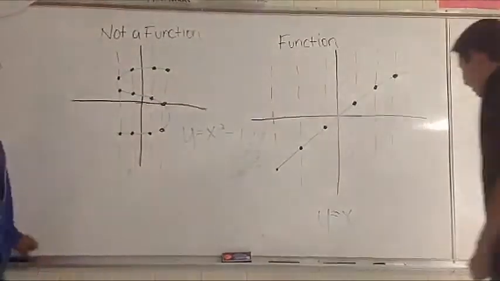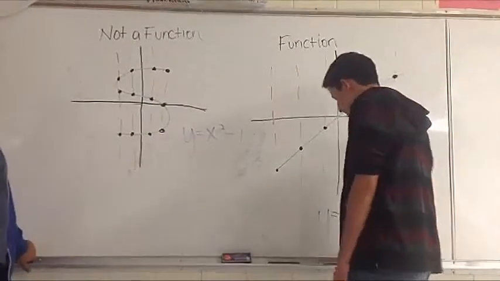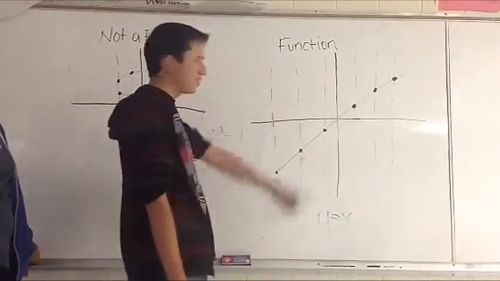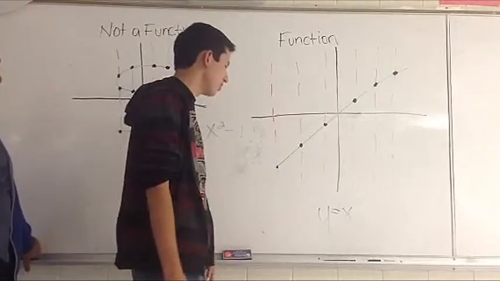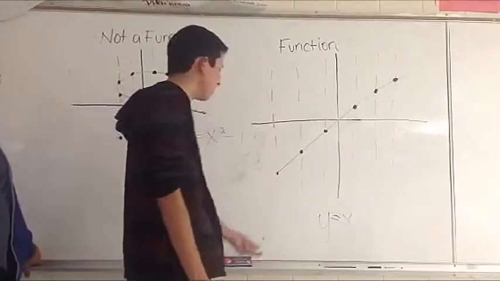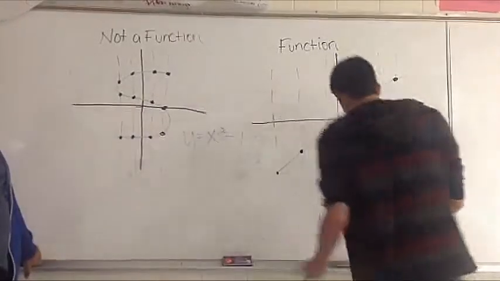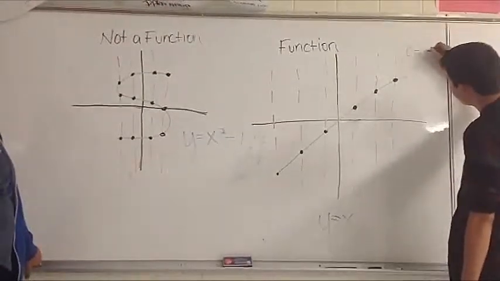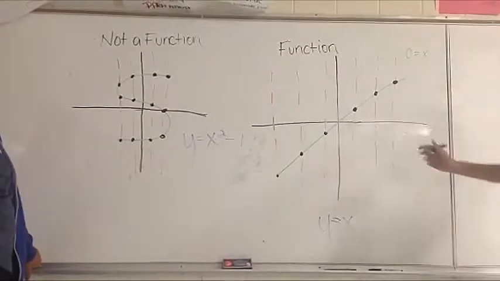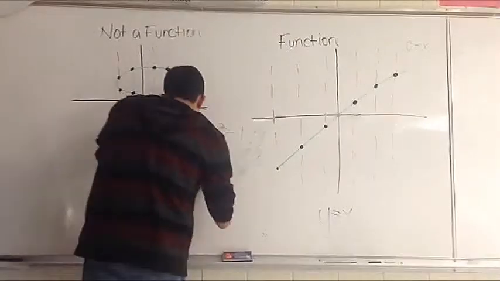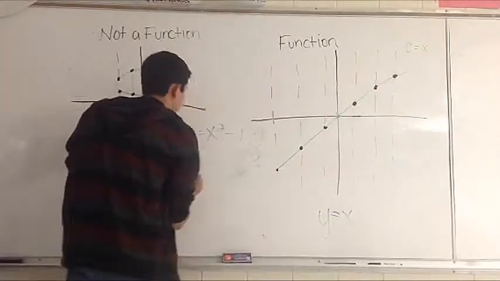The other main characteristic is finding the roots or the zeros. For this one, it's very easy since it's 0 at the origin, and to find the root, you need to make y equal to 0. So if we made this, it would be 0 is equal to x, which would be the root at the origin. For this one, when we set it to 0, since it is not a function,